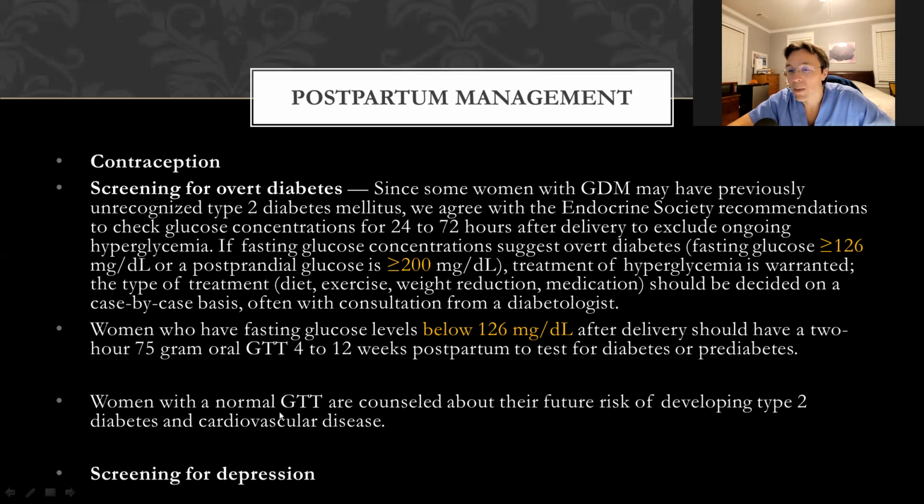Women with a normal glucose tolerance test, they still consult about, what are they consulted about? That the majority of women with gestational diabetes mellitus will develop diabetes. So what are you going to tell them? You're going to encourage them to breastfeed the baby. You will encourage them to exercise, having a healthy lifestyle, right? Normal things that we recommend to any human being. Okay.